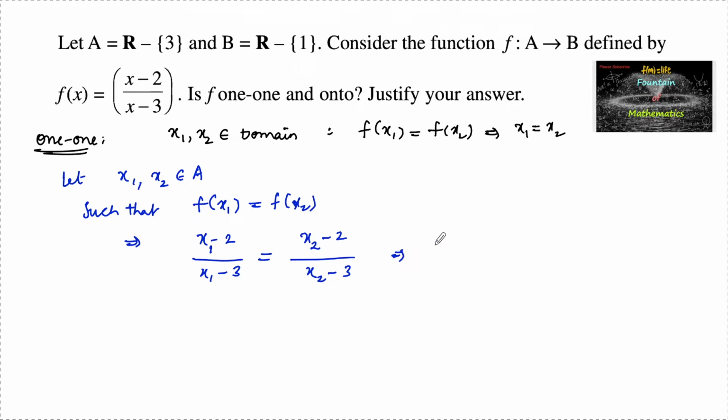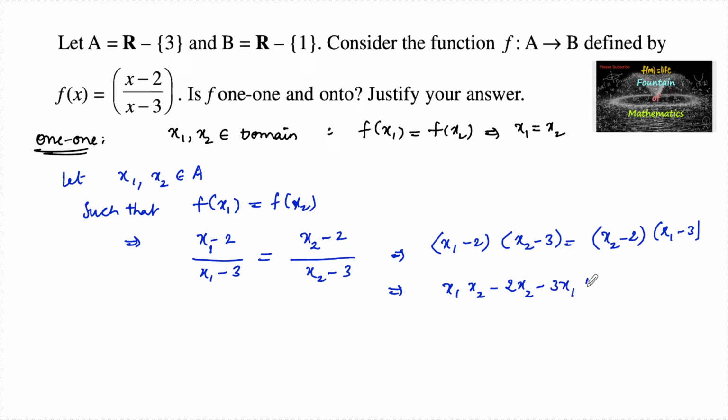So for the cross multiplication, (x1 minus 2) into (x2 minus 3) is equal to (x2 minus 2) into (x1 minus 3). Which implies x1x2 minus 2x2 minus 3x1 plus 6 is equal to x1x2 minus 2x1 minus 3x2 plus 6. So we may cancel x1x2 on both the sides with the same sign, and plus 6 on both the sides, and here we can write